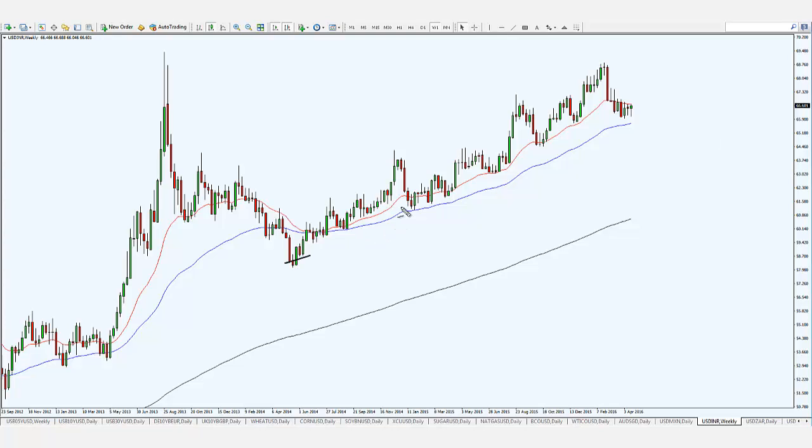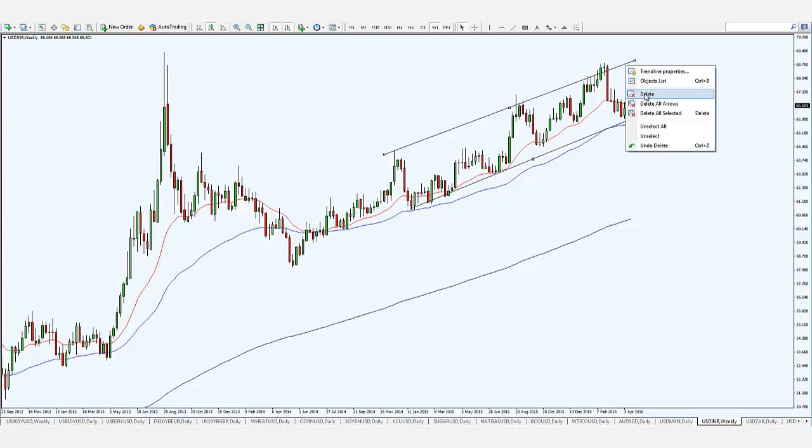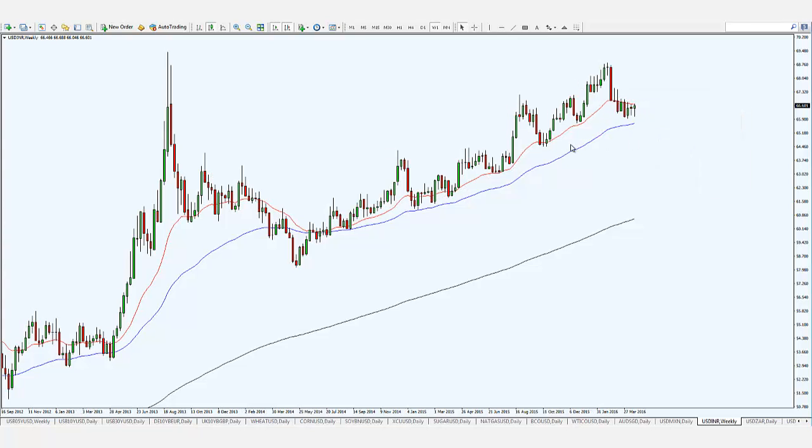You have higher lows, higher lows, higher lows, and higher highs. For those of you who like to draw a channel, I can give you a channel as well. I just draw a channel connecting the lows, connecting the highs, something like that. You can see it's trading within this channel, but I don't really use channels much, so let me get rid of it. But for those of you who use it, it's perfectly fine.